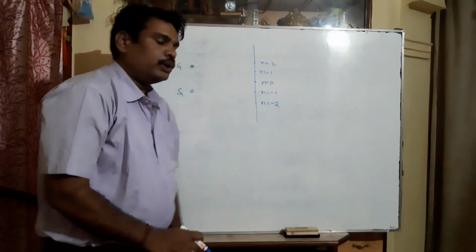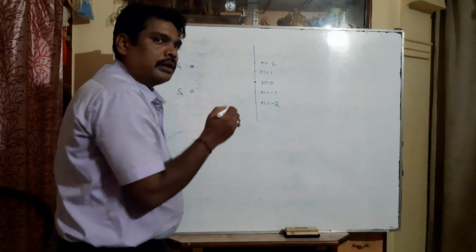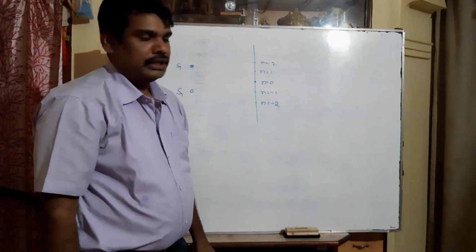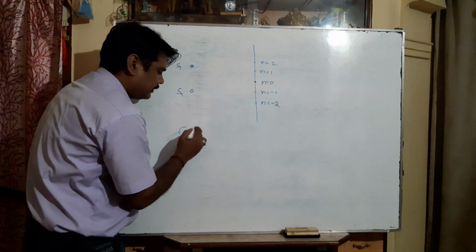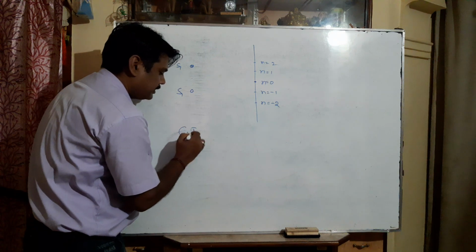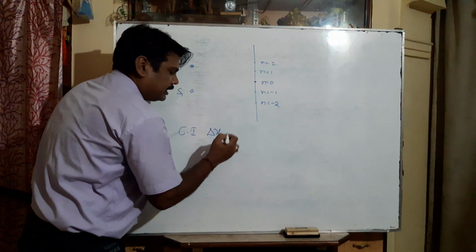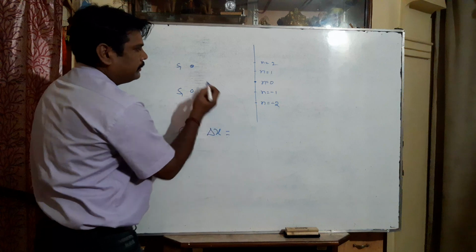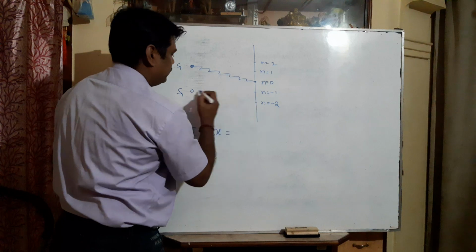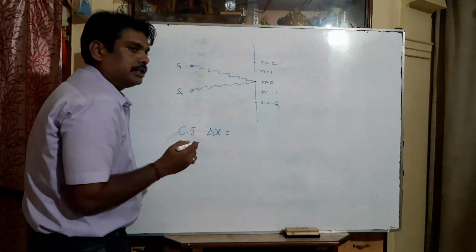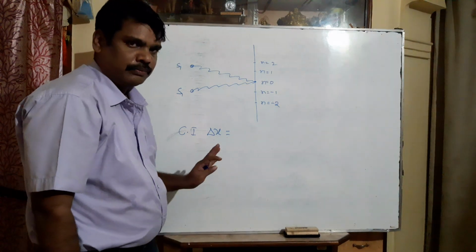In the previous video, we already discussed this. If I consider this point, 100% there should be a constructive interference. You know the condition for constructive interference, CI is constructive interference. The path difference delta x should be equal to... path difference means the distance from here to here and from here to here. If the waves travel from here to here and here to here, they take the same number of waves. There is no path difference. The path difference is 0.